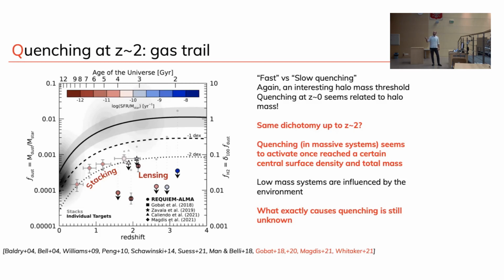These are just a handful of objects, like 7 or 8. This is stacking in one field. So there's a lot of work to be done, but this looks pretty promising. And if we are actually able to figure out if the average galaxy has very low gas content or high gas content at quenching, then this would help us figure out what is killing galaxies.